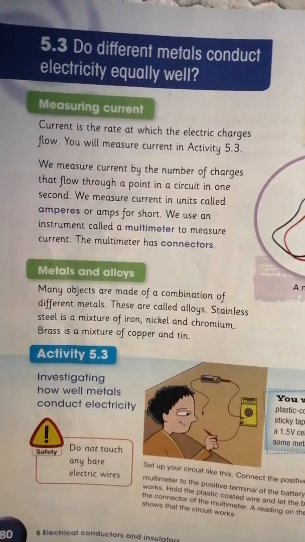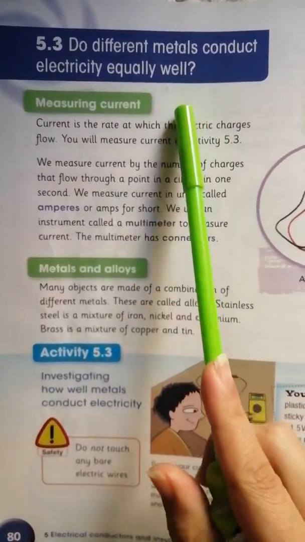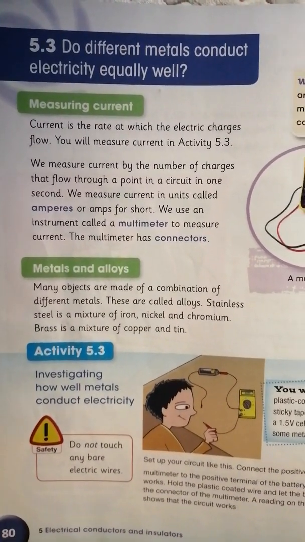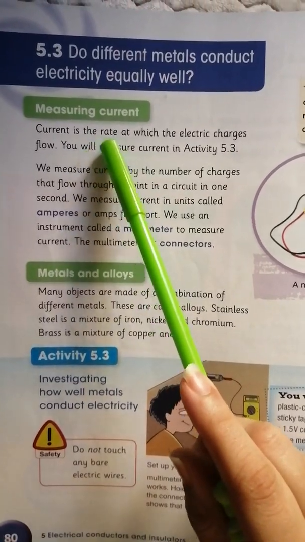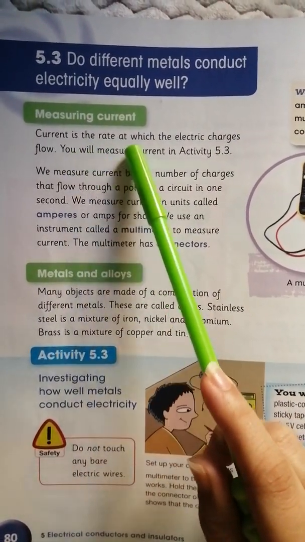So in order to be able to tell whether all metals conduct electricity equally well, we have to know how to measure current first. So how do we measure it? Current is the rate at which electricity charges flow. You will measure current